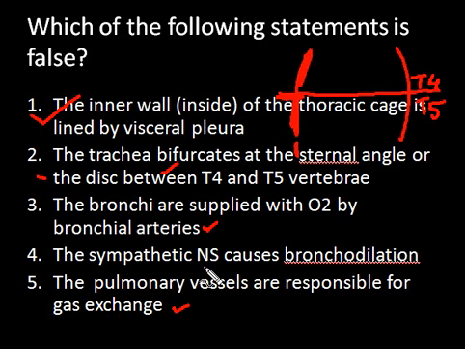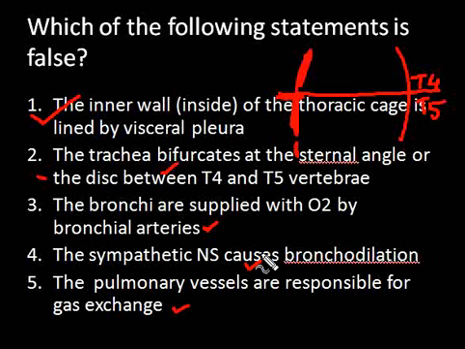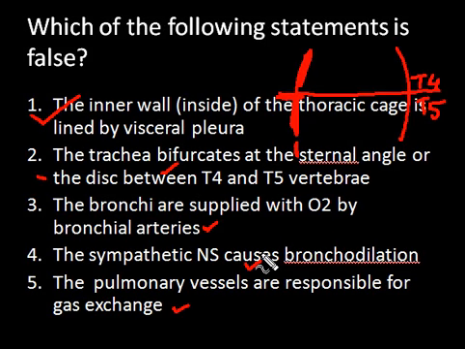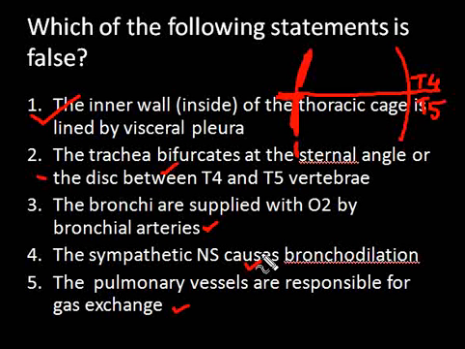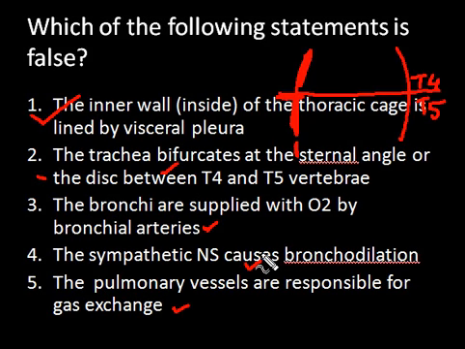And then the sympathetic nervous system causes bronchodilation. This again is a true statement, because the sympathetic nervous system causes the bronchi to dilate and helps more air to go in, which is what would happen in an emergency situation. If there was a problem and the fight-or-flight response, you want to be able to breathe properly. So what should happen? The bronchi should dilate, and you know that the sympathetic system acts during emergency situations, so